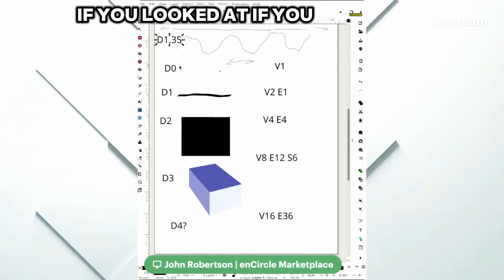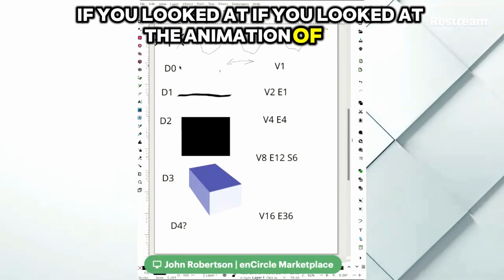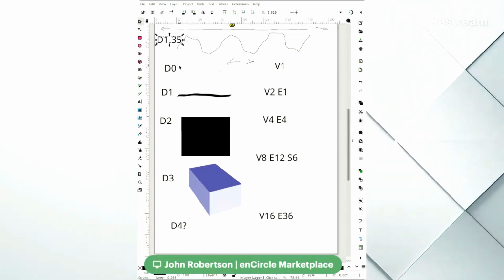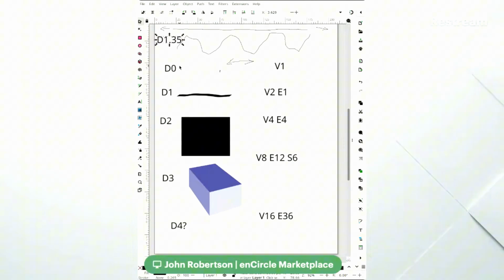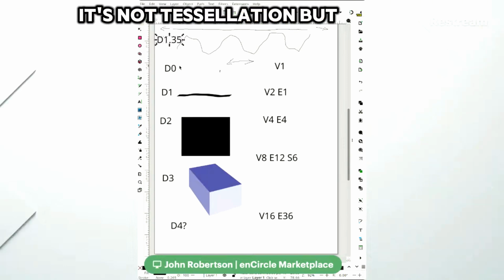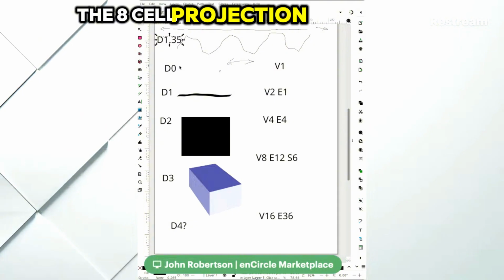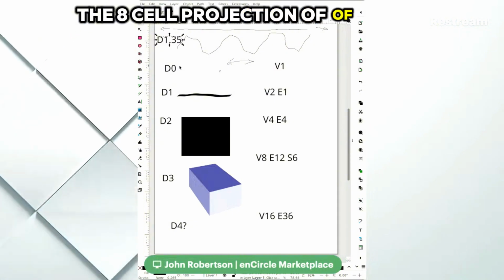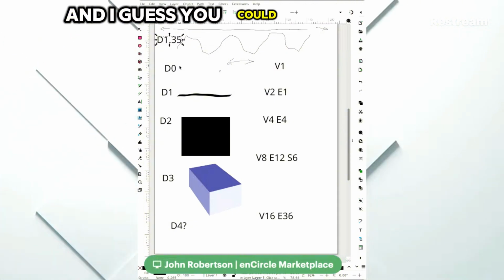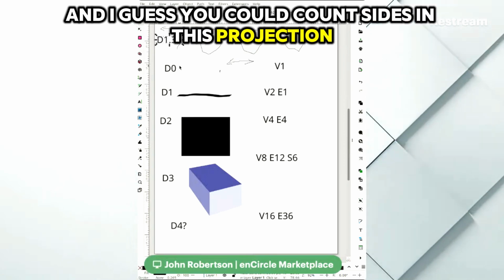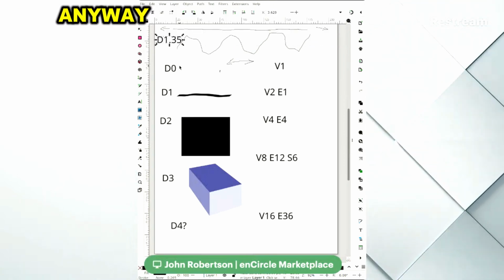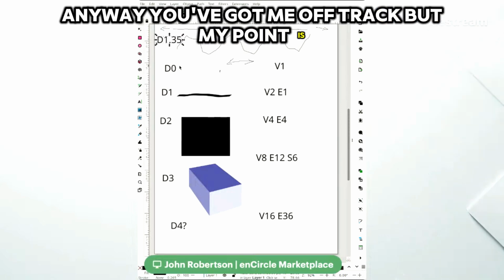If you looked at the animation of the, it's not a tessellation, but the 8-cell projection of the cube. And I guess you could count sides in this projection. Anyway, you've got me off track. But my point is